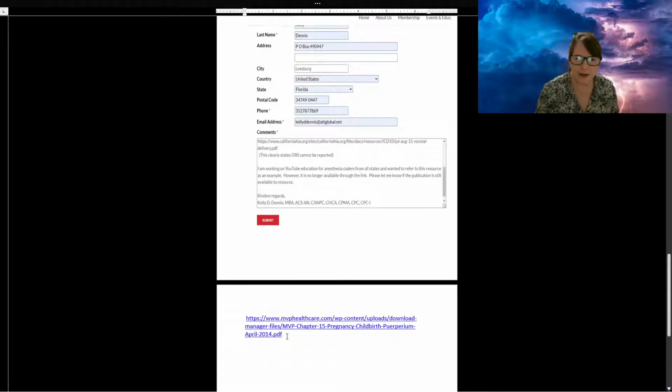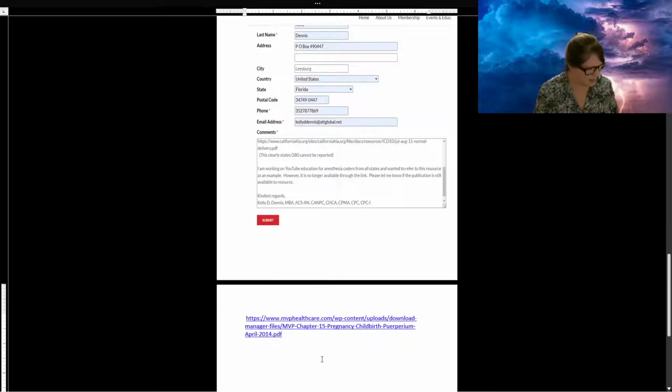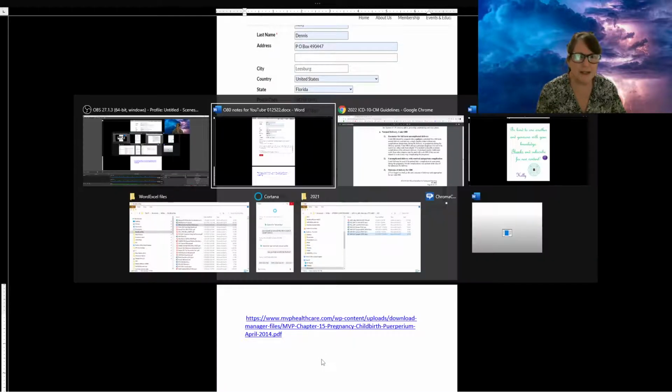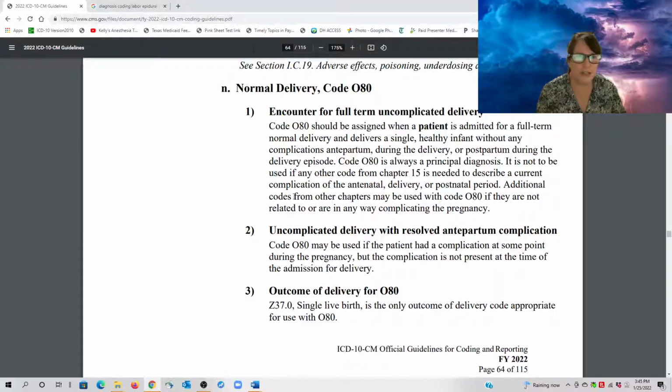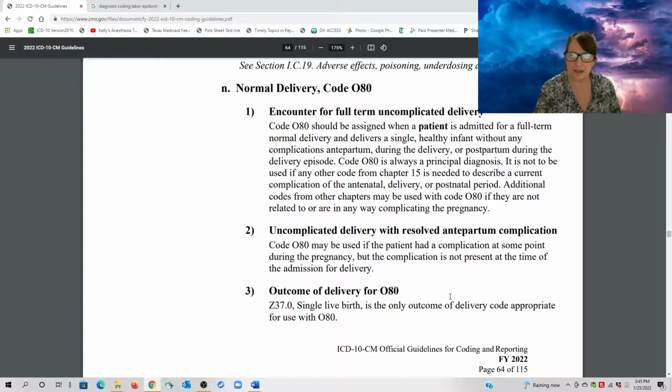And then I dug around a couple of other places, and I'll just show you. I'll copy and paste this one. We'll hop on over to my pages here. Sorry about that. Give me un momento. I do already have up, and I'll link these resources again, the CMS current guidelines and my interpretation of them, because similar to what the previous resource was that I shared, it says code O80 may